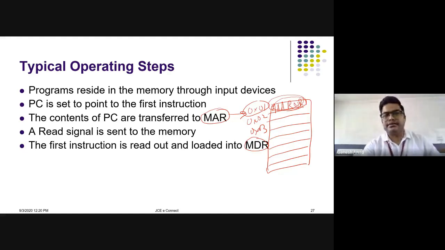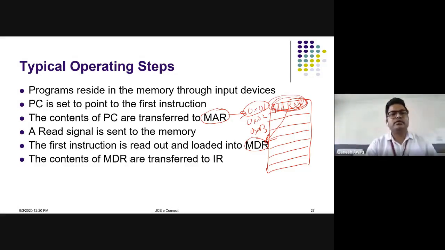So I said our instructions can be data or instructions, information is nothing else. So this will now go into what? MDR. This add R0, R1 will go into the MDR, memory data register. Okay. The contents of the MDR are transferred to the IR, your instruction register, because that is the instruction. So the content will be passed to the IR.